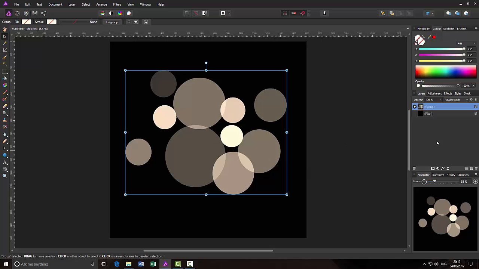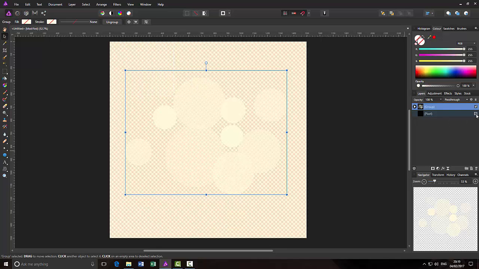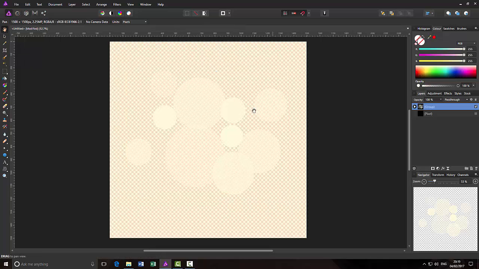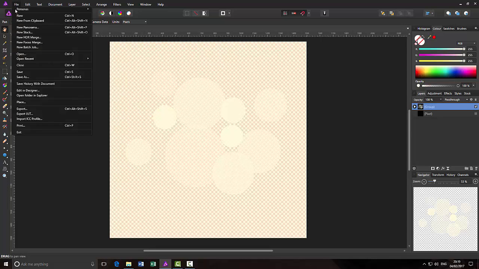Now this is where I'm going to hide that black layer, which is why you needed a black layer to see what's going on, because you wouldn't be able to see these at all. You wouldn't know what was going on without that black layer. So what I'm going to do, I'll just come off of the Move tool a second to get rid of the outline. So I'm now going to export this,